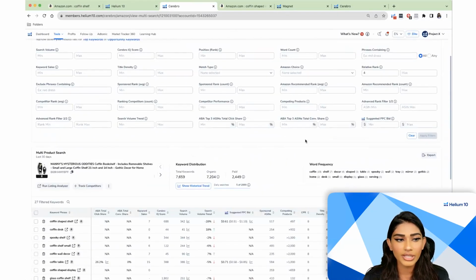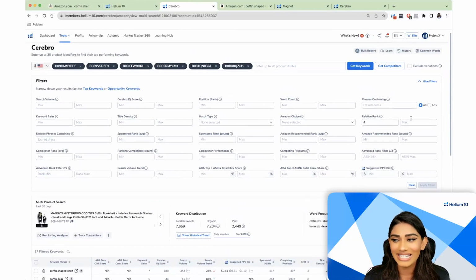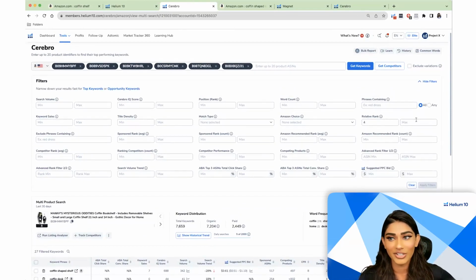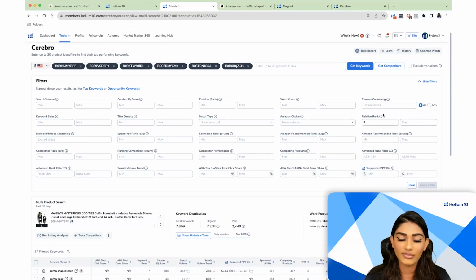So that's just a really quick way of finding keywords in which your competitors might be beating you out on. Of course, if you do the opposite, then you'll end up finding the ones where you're beating your competitors, and you're just a little bit more in the know for that.